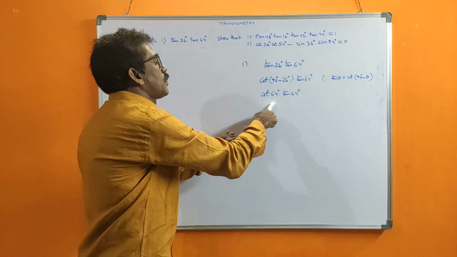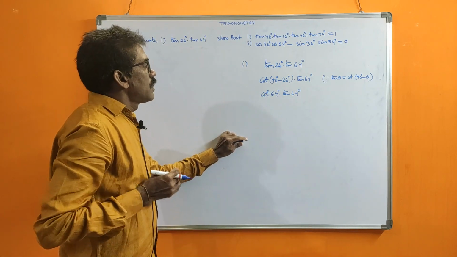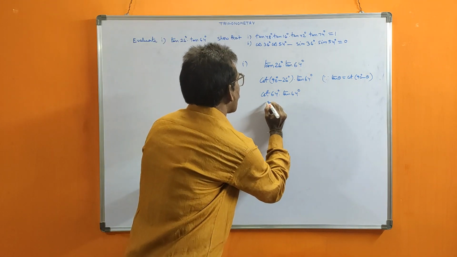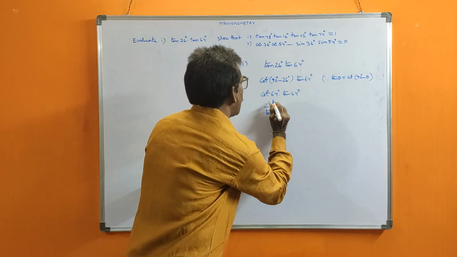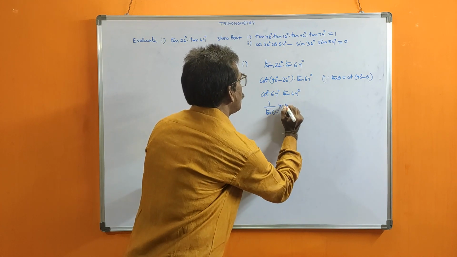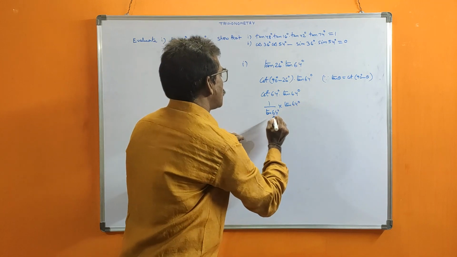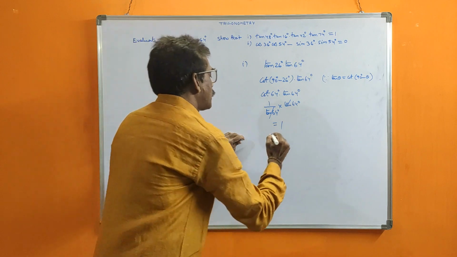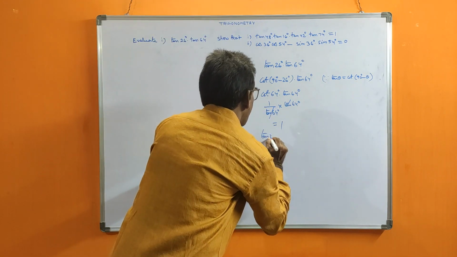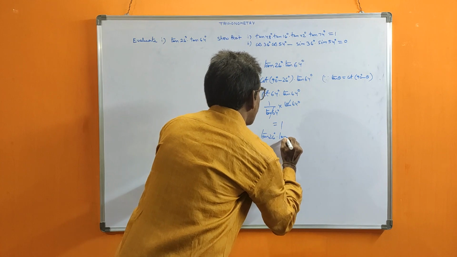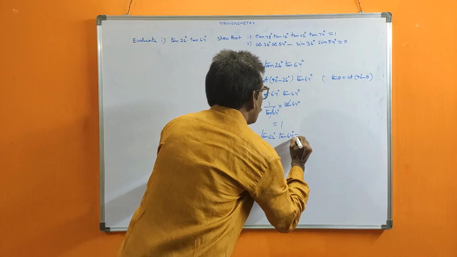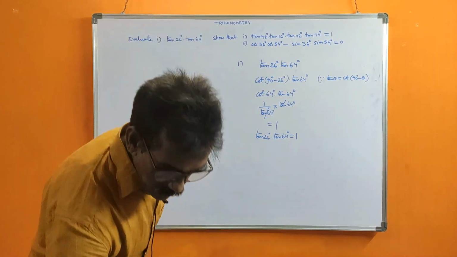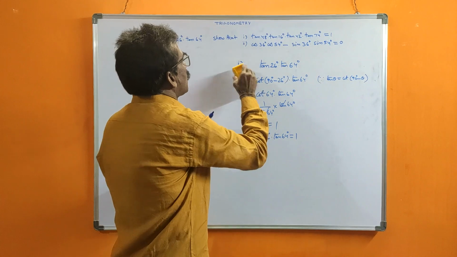If you observe, these two are inverse ratios. So cot is inverse to tan, tan is inverse to cot. Anyone we can invert. I am inverting this, which means cot theta is equal to 1 by tan theta. Tan theta here is what? Tan 64, into this which is already tan 64. See, numerator tan 64, denominator tan 64 cancelled. We get 1. So this is the answer. So tan 26 into tan 64 is equal to 1. This is the answer.